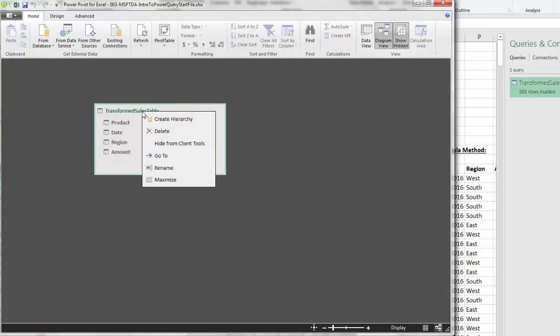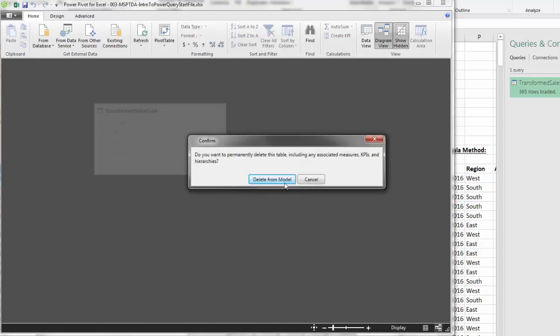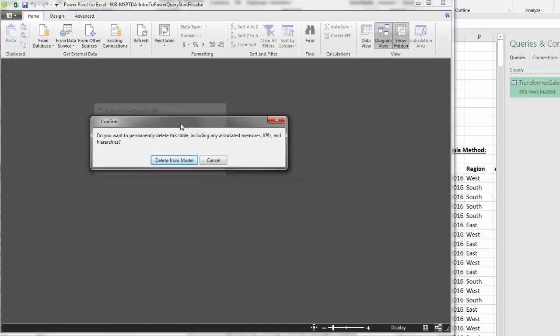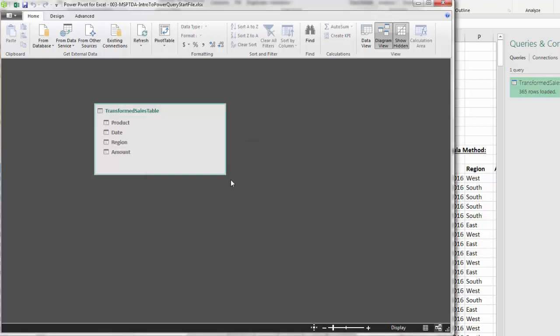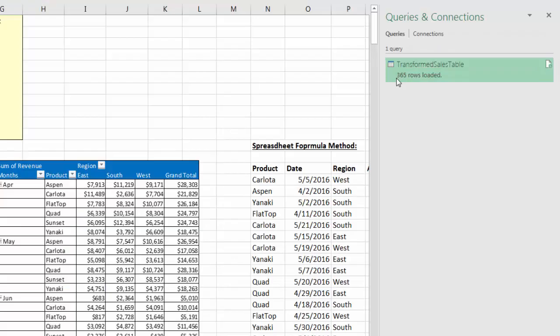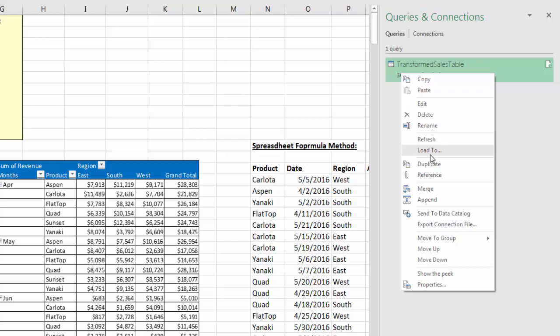If we try to delete this table, it is trying to be polite. And we delete this from the model, and it says, this is connected to a query, so we have to go over there to do it. Now I'm going to close Power Pivot window, come over, right-click, Load To,